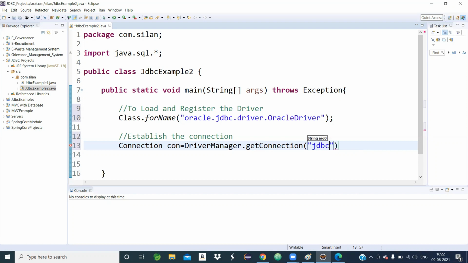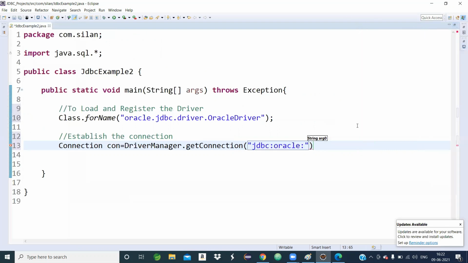The URL is jdbc:oracle:thin:@localhost:1521:XE. JDBC is considered the protocol, and oracle is considered the sub protocol. Oracle is our database name, thin is our driver type name, then @localhost. You remember, this is the database server name. If you are not remembering, please try to write down some points of what I am saying. @localhost is the database server name.